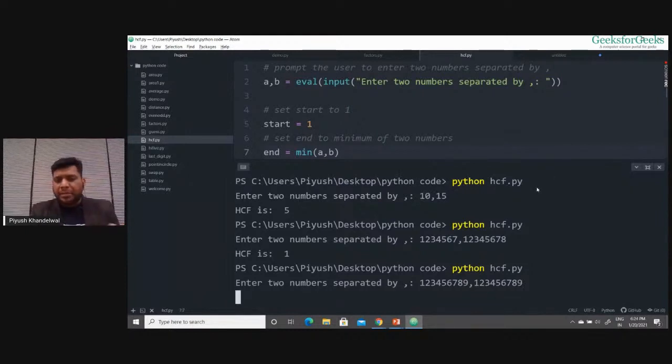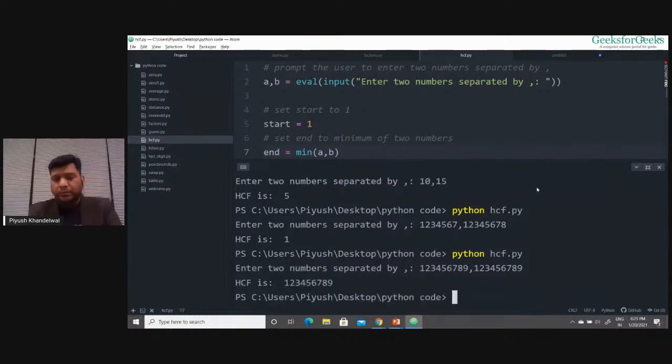The program is not actually hung, it will just take a lot of time to calculate the HCF of these two numbers. So it took some time. If I have larger numbers than this, it will take more time, and this is going to be exponential time, and you will feel like the program is hung.